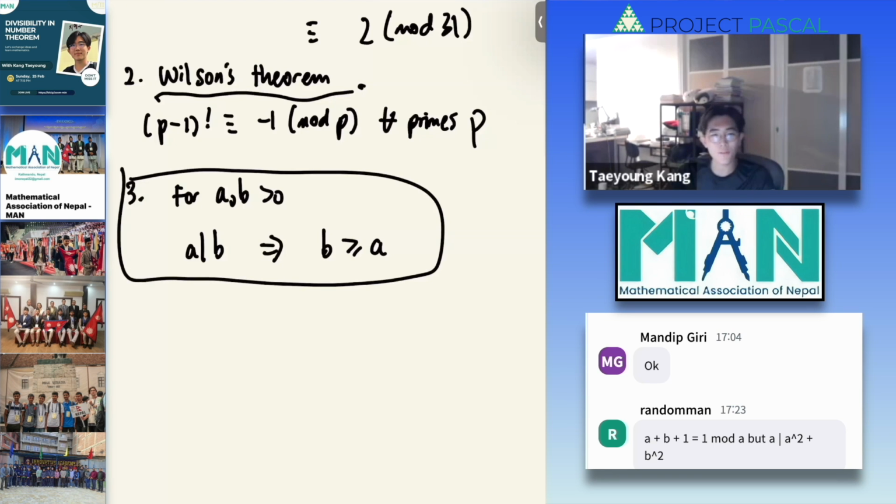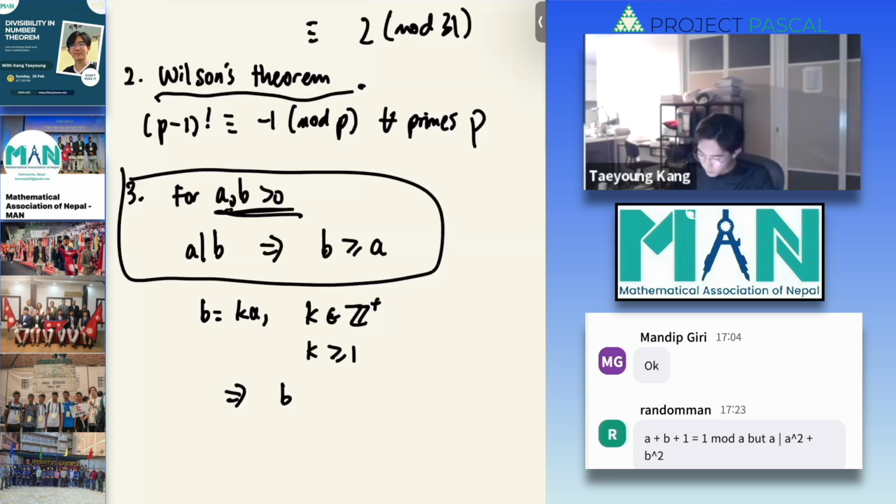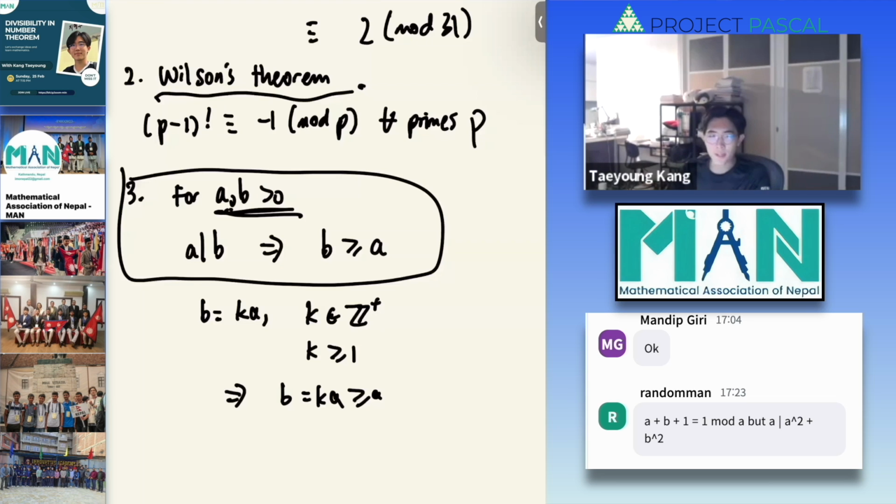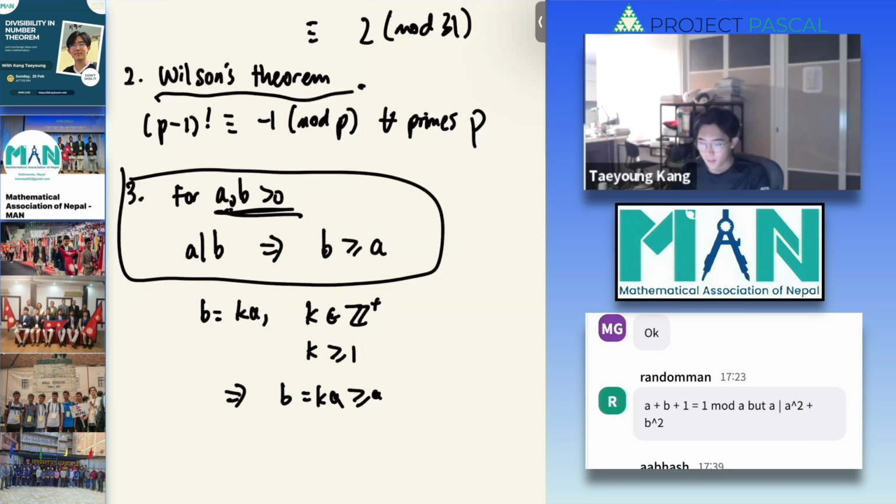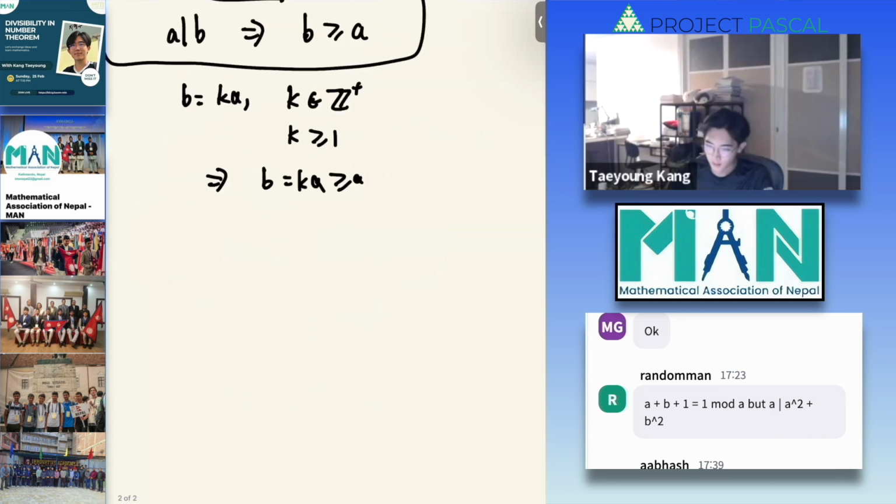A basic proof of why this is true is because if a and b are larger than 0, we can write b equals ka, where k is some positive integer. And since k is larger than or equal to 1, it means that b equals ka, which is larger than or equal to a. This is a very obvious condition, very easy to prove, but it's not very easy to think of using when you're trying to solve the problem. And the last fact is